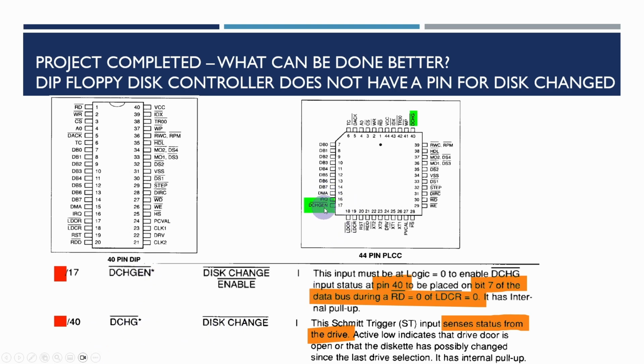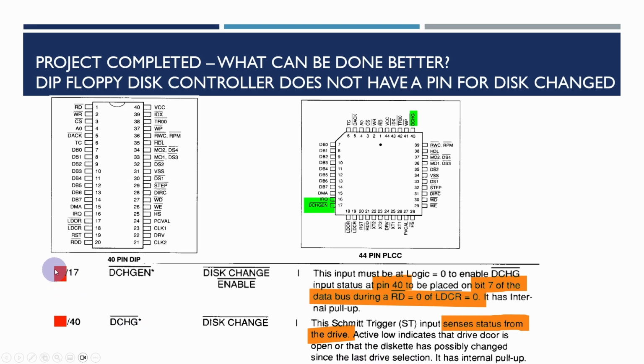The issue here is that with a 1.44 megabyte high density floppy, generally this is enabled with disk change functionality, and generally the BIOS will actually check to see whether the disk has changed, and there is a bit 7 on reading the status of this that the PLCC version of the floppy disk controller will actually provide that status. And so what I need to do in the future revision of the project, I probably need to do